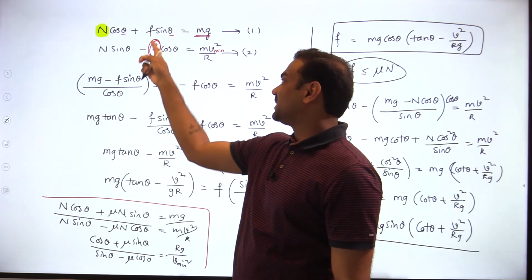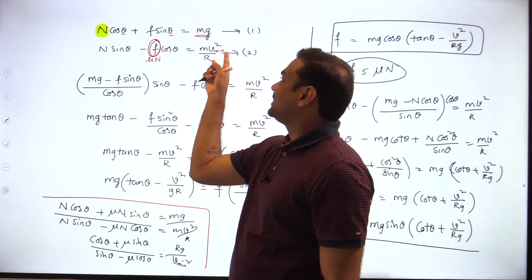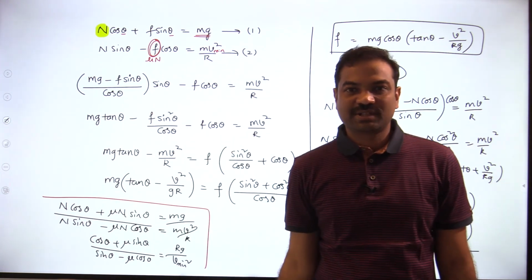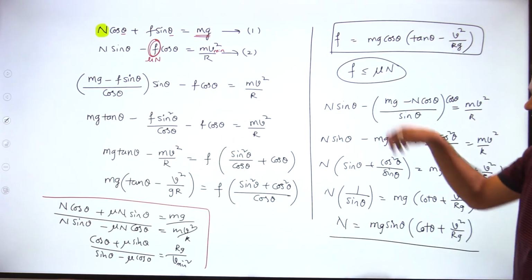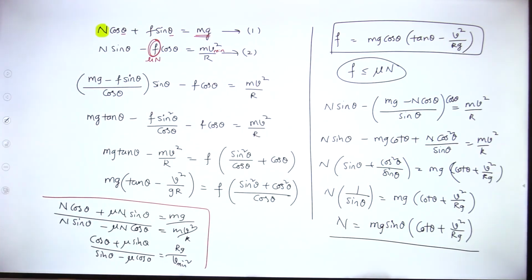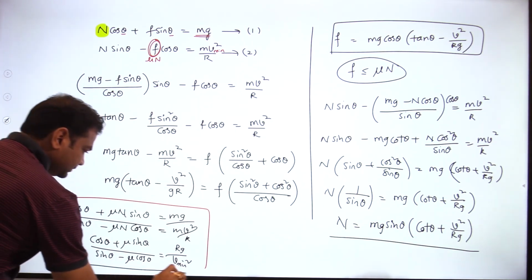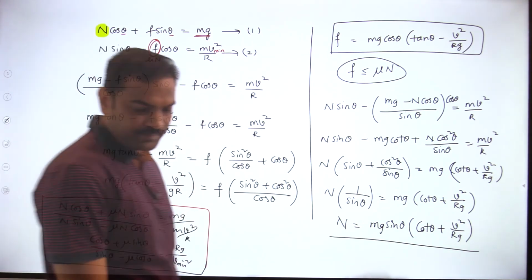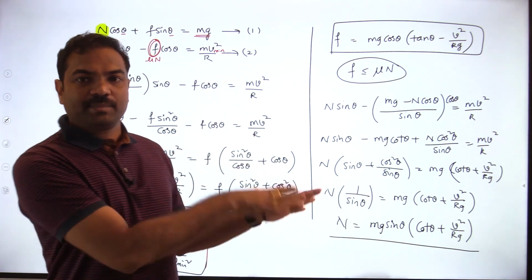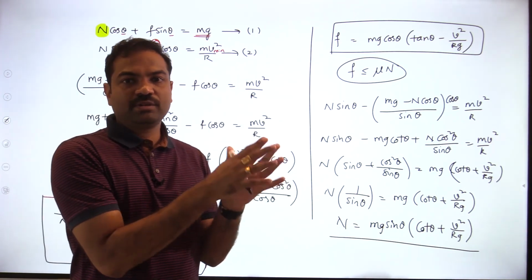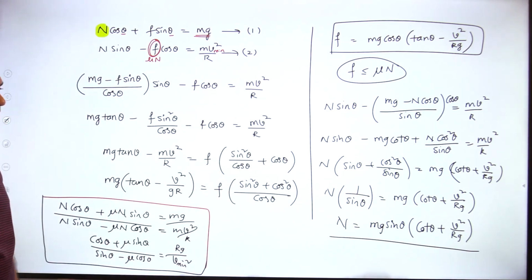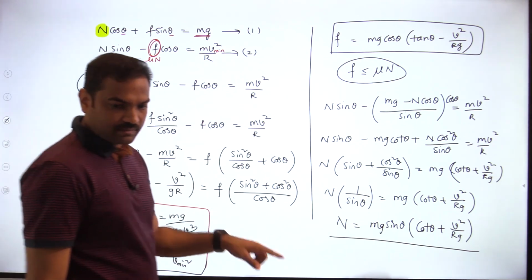Why? Because if you are keeping the maximum friction here, we can say that minimum, it's valid only, but normal reaction is also variable. Normal reaction is not a constant quantity. That's why I think this is a little lengthy, but it is good. You can compare friction force and normal reaction. Like this also you can solve. I think in most textbooks you can see it like this. So I found what the friction value is exactly, or found what the normal reaction value is exactly. I kept it in the formula. Friction should be less than or equal to mu into normal reaction. Then only the circular turn will happen. Otherwise, the circular turn won't happen. All of you complete this first. Then we'll go for the next part.